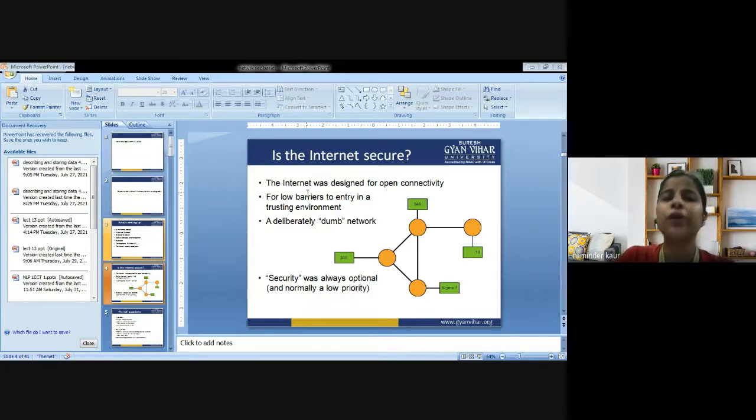Is the internet secure, or is security always optional? Optional means that so many links are secured, like HTTPS, but I am not opening them. It might be the case that the information I am opening with HTTP could be available with the help of HTTPS, but I am not looking for alternatives. I am adamant about opening the link with HTTP. So this is where the problem begins. That is why it is said that security is always optional, or it is given a low priority,